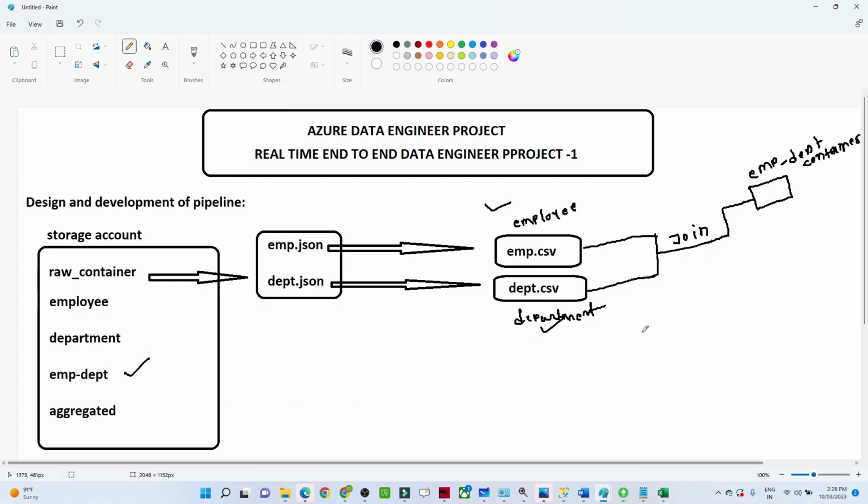Let's try to understand what we have to do. After joining, one file will get stored into employee department, right? That part is clear. Now after joining, another file will do an aggregation. It will do a sum of the salary, and it will group by the department. I mean, department-wise, what is the sum of salary and job ID, that kind of information it will save